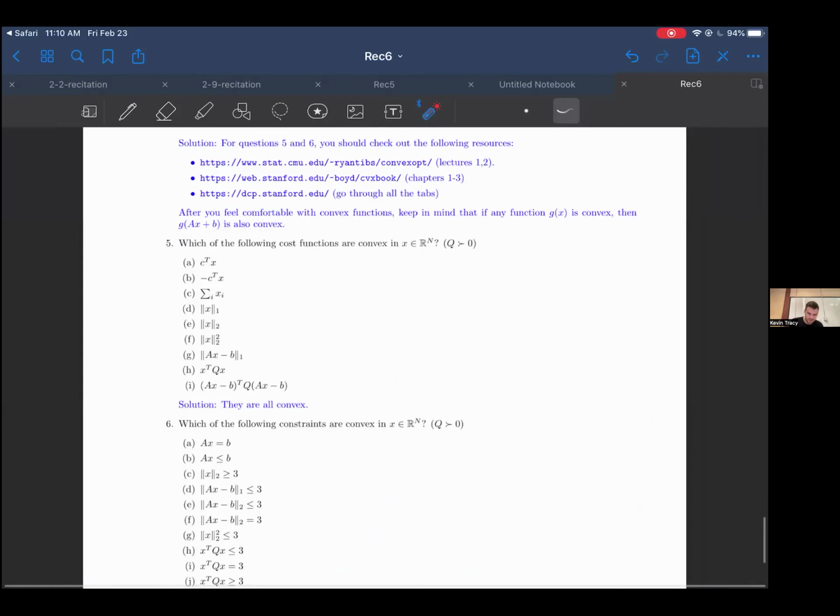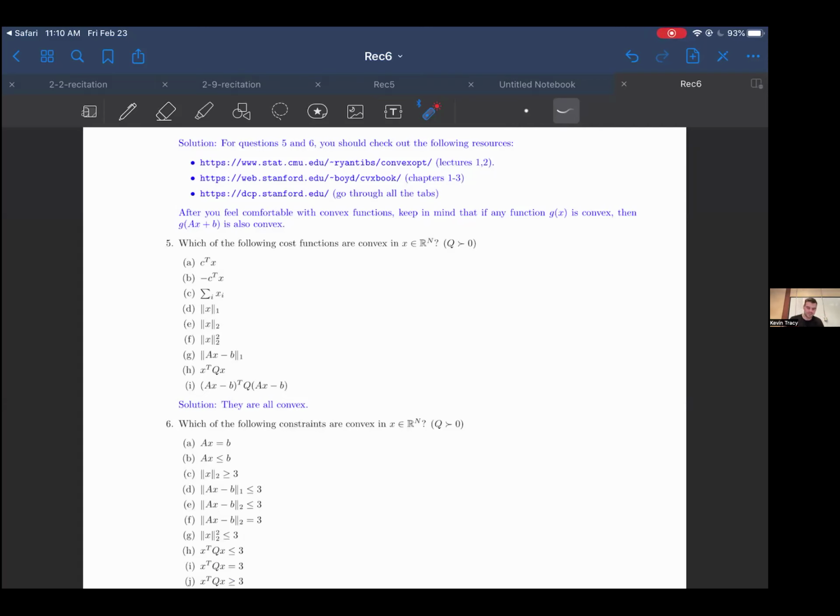Okay, and then these last two are all about convex functions. These really were just the idea was to give you these problems so you can spend some time on your own looking and figuring out which ones are or are not convex. And the cool thing is that once you see they are convex, now we can use them for convex trajopt. So the more expressive we can be, the better. And the more of these convex functions that we know and are familiar with, the more expressive we can be